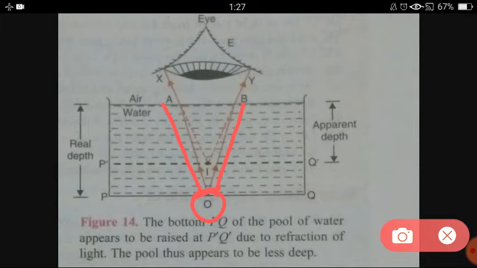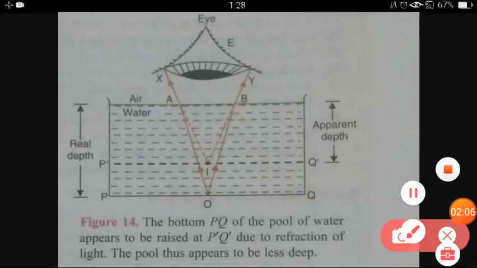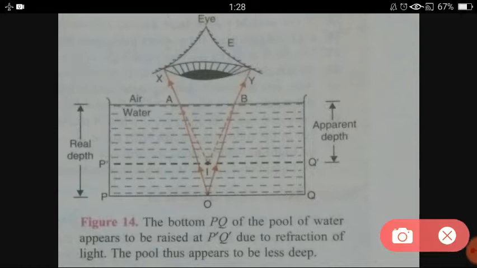As they reach points A and B, refraction takes place, and because of refraction, what happened? Now the rays will not follow the straight line path, but they bend a little bit, when they go from denser medium to rarer medium. Inside the pool water is there, that's why it is the denser medium, and outside the pool air is there, so that is the rarer medium. So when the light ray goes from denser to rarer medium, it moves away from the normal, they expand, and they follow paths AX and BY.